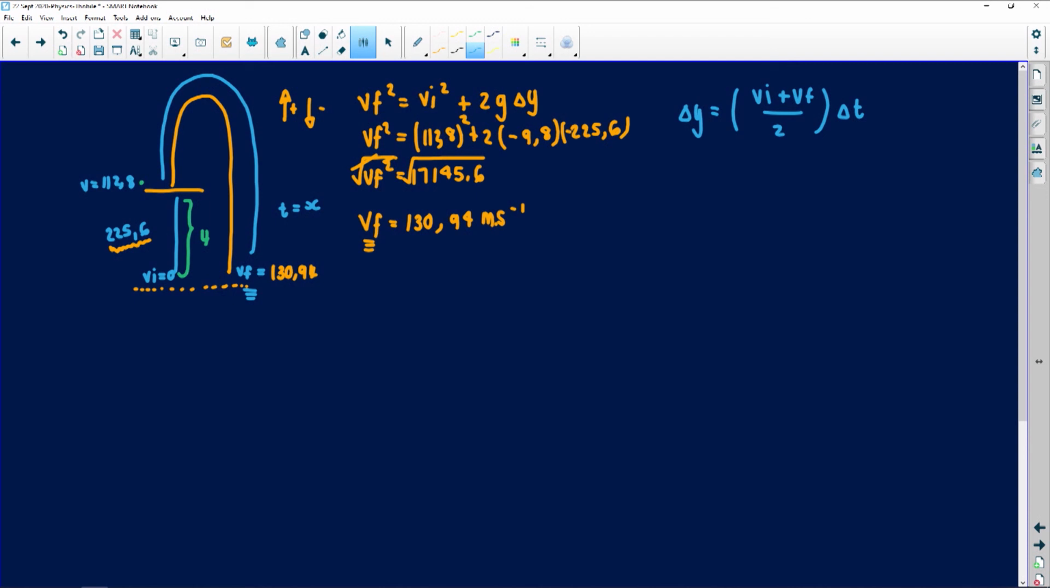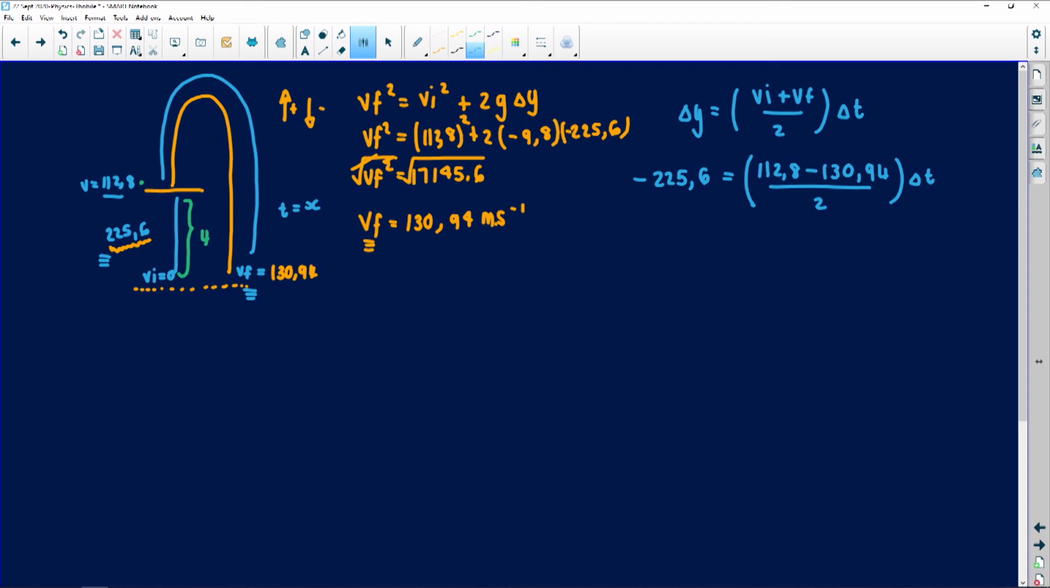Remember, you can never have 2 unknowns. The distance that this rocket traveled, they told me it traveled a distance of 225. Remember, it is a negative because I had taken down as a negative. So I have negative 225.6 equal to my initial velocity of the rocket before the fuel ran out, which was 112.8, plus my final velocity of the rocket, which was 130.94, but remember I have taken down as a negative, so I'm just going to make that a negative. So that is why this is negative 130.94,